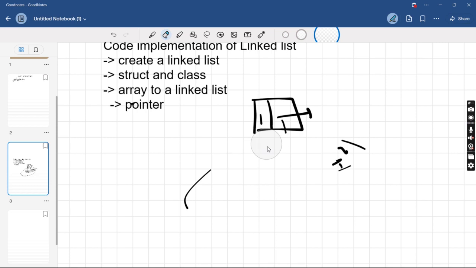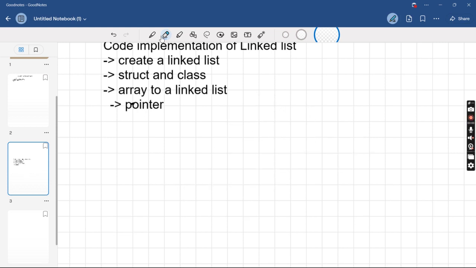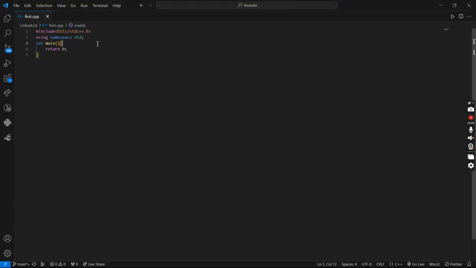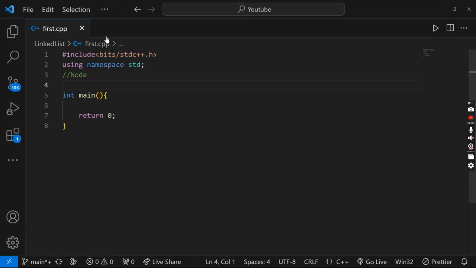Now we need to implement this in our Visual Studio Code. So let's visit our Visual Studio Code. So this is our Visual Studio Code. I will be implementing in C++, and for Java users, this is similar. You can convert the C++ code into your Java code. So how we'll create a node basically is we will first